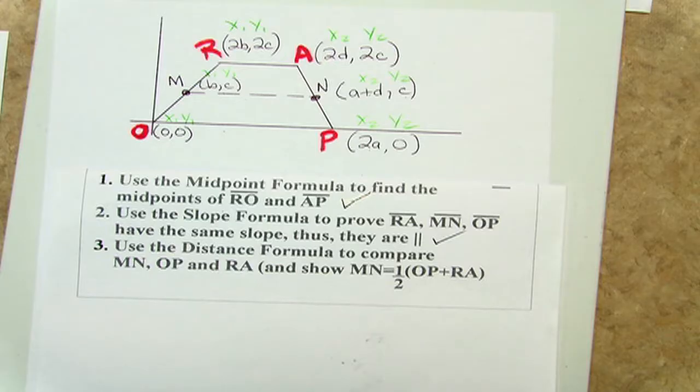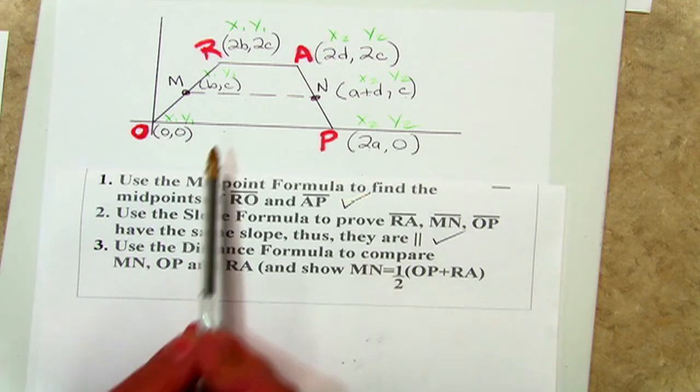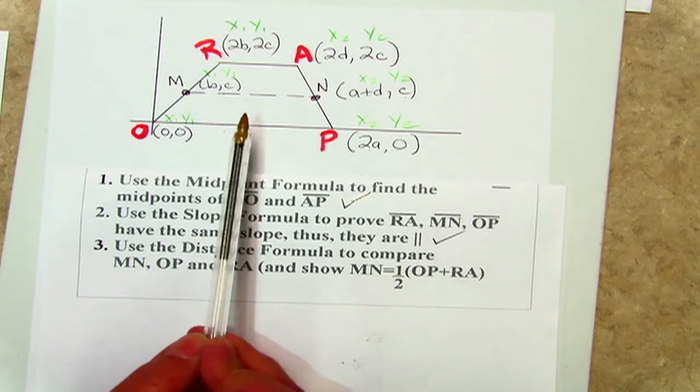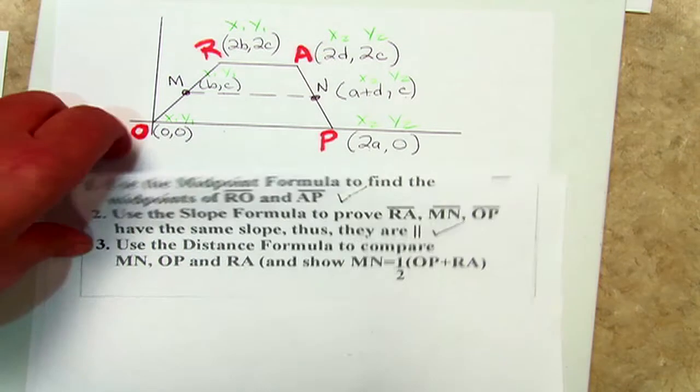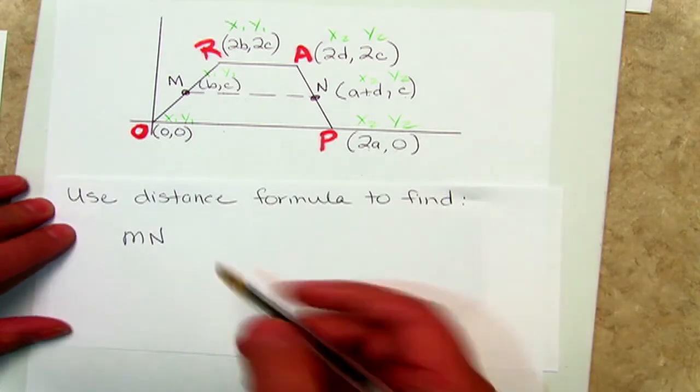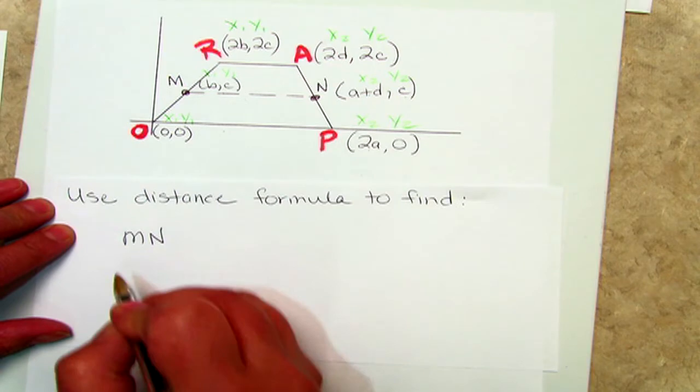The third step in our trapezoid mid-segment proof is to use the distance formula to compare the lengths of these three segments. So we first need to use the distance formula to find those three lengths. Let's start with MN. Using the distance formula, it's the square root